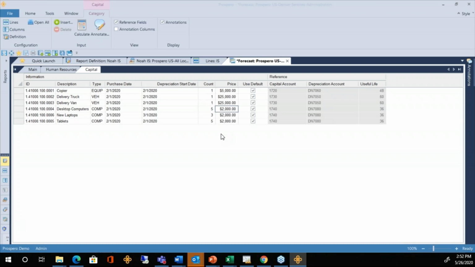Human resources and the capital tabs are optional. You do not have to have those tabs for your budget input screens, but they do come in really handy, and they are easy to set up. So great 2 modules there that come with budgeting. They're not add-ons, they come with this section of Prospero for budgeting, and easy to set up and easy for your budget managers to use.